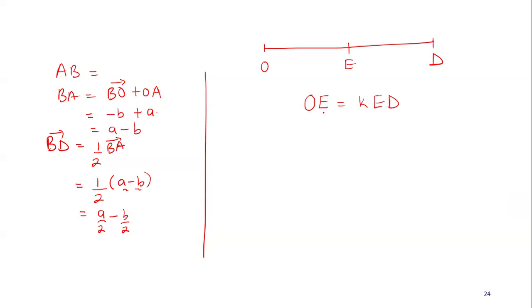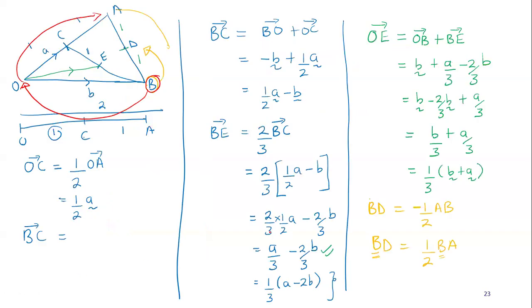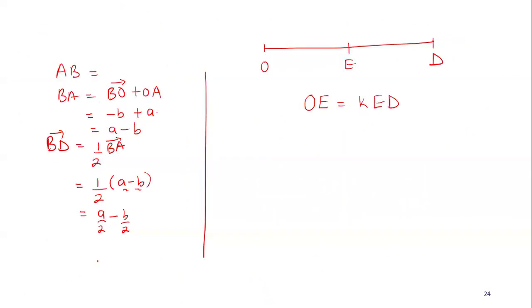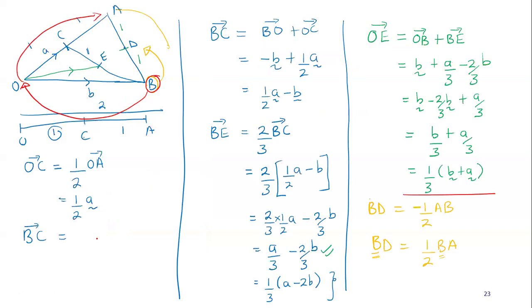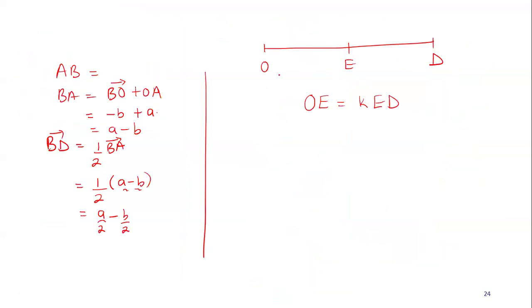Now you ask yourself, do we have vector O to E? I can first go back a bit and check whether we have O to E. Good. O to E, we have it here. Then the second one is E to D, whether we have vector E to D. E to D, unfortunately, we don't have it. So we have to find ED. Since we have OE already, I'm going to find our vector E to D.